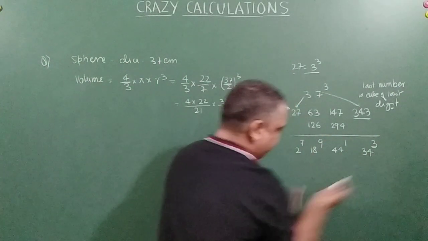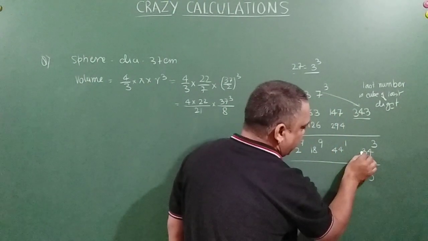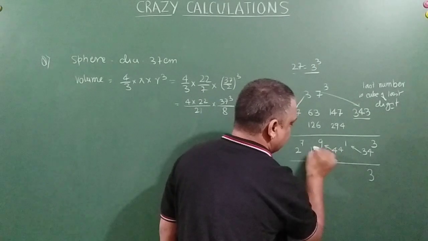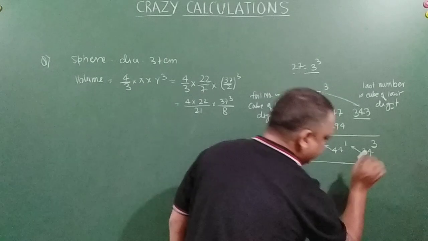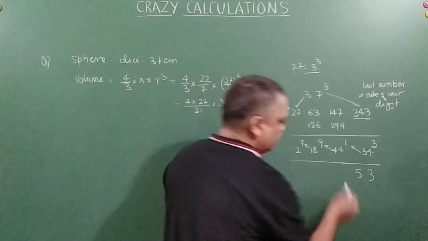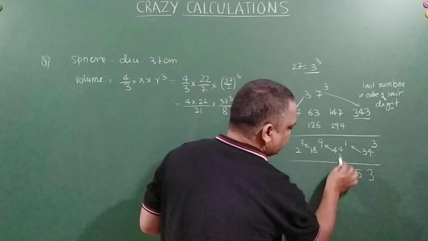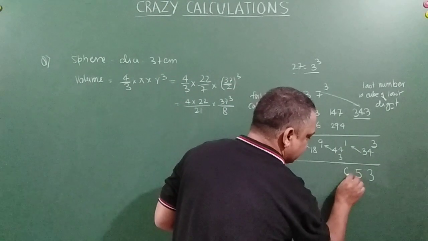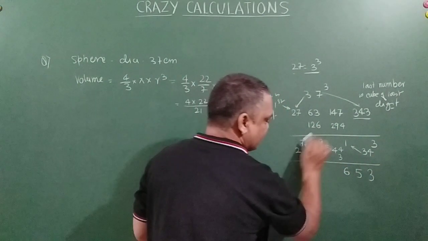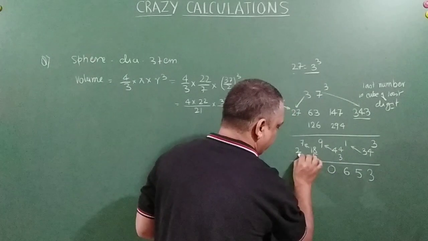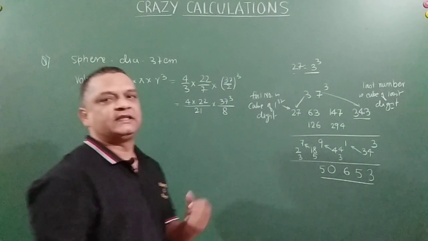So we'll continue further and write the answer now. So 3, and we will add it like this, as discussed in the last class. 34 plus 1 is 35. We will write 5 here, and 3 is actually carry forward for me. So 47 plus 9 is 56. Remaining is 5, I will bring the 5 here. 23 plus 7 is 30, I will bring 3 here. 3 plus 2 is 5. So 50653 is the right answer, friends.